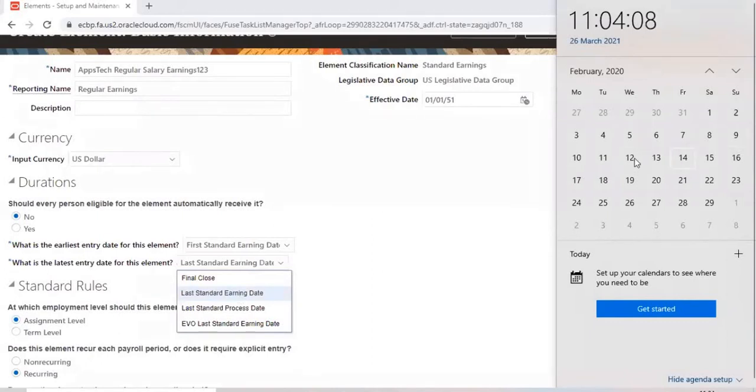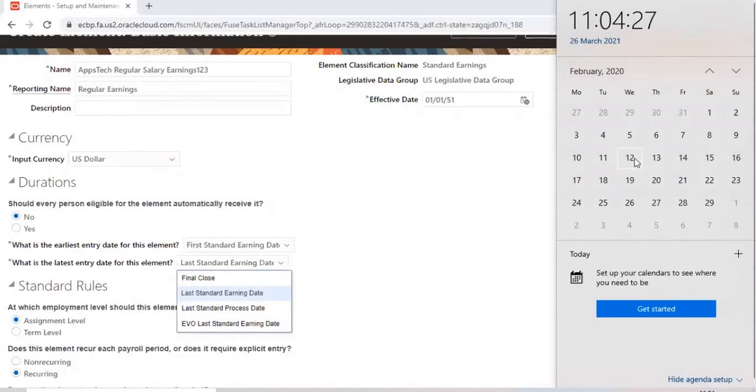You have to process on the 12th, then only that element will be processed for that employee. Meaning you are doing the final settlement then and there. On the 12th itself, you have to run his payroll individually. You can run payroll for one employee or for all the employees.